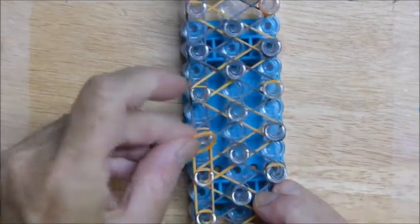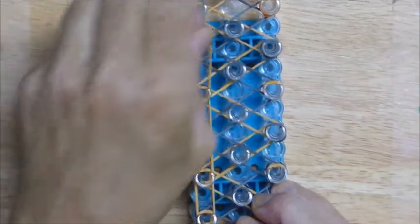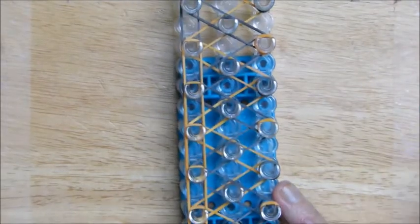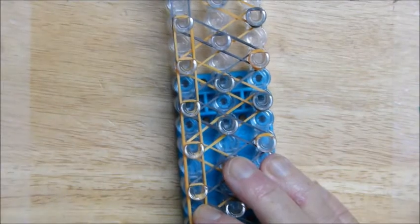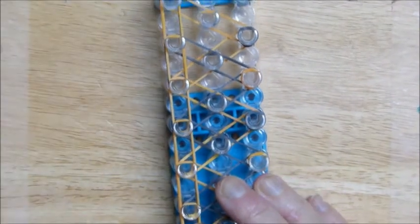And when you're at the end, cap it with the color you plan on using for your extension. If you remember, I have a gray here, so that's what I will use for the cap, because that'll be band 1 of the extension on that end. And so we will quickly cap it